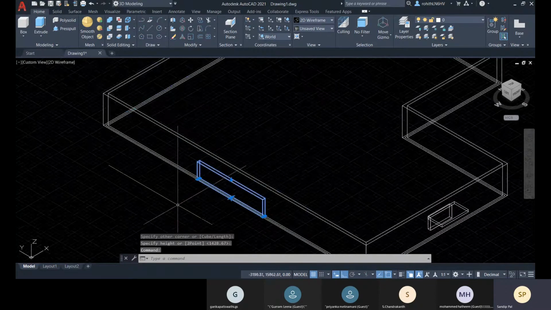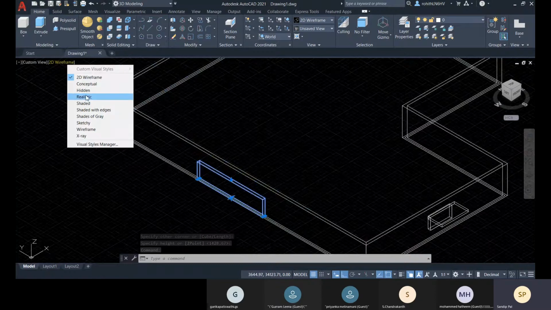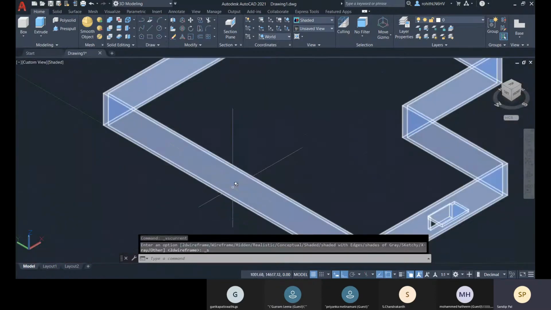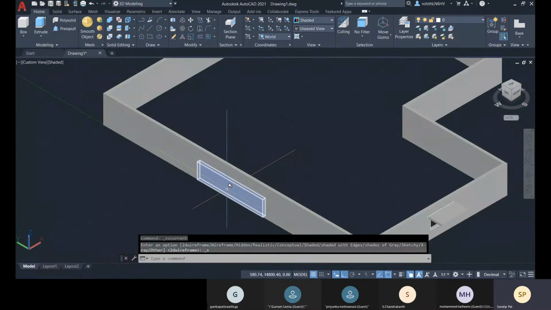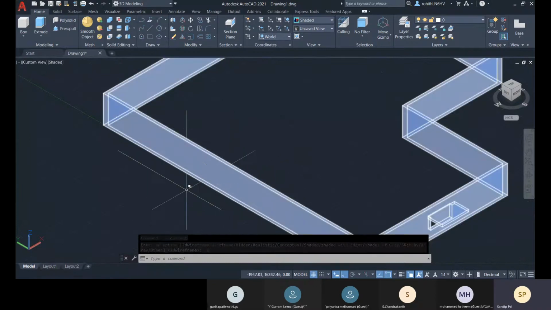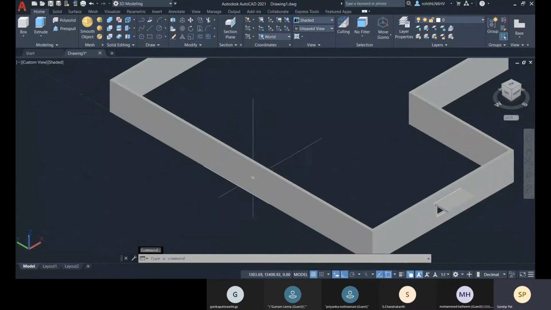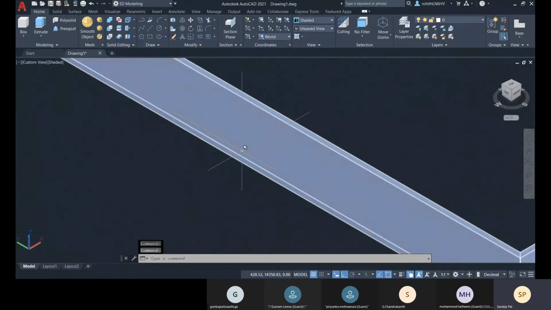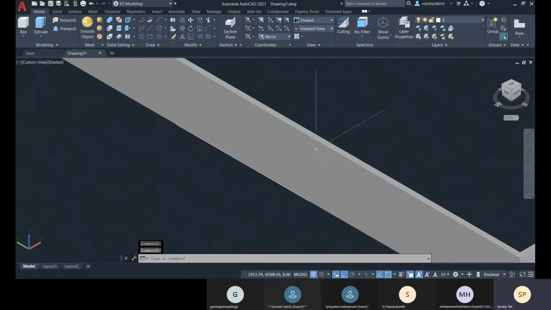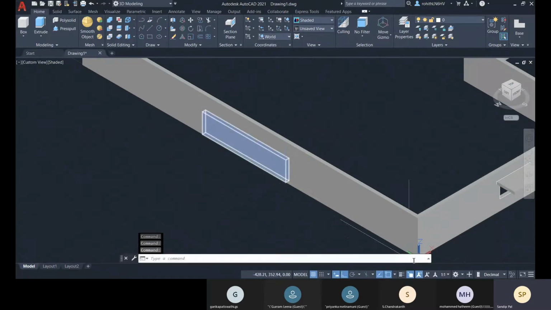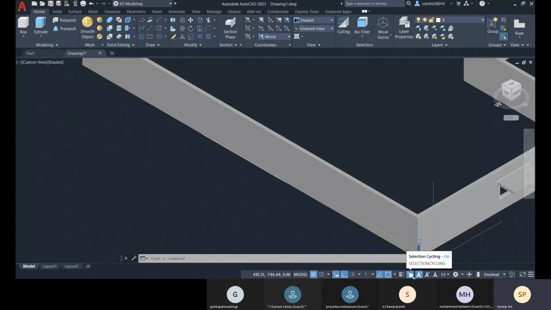So for that, what you should do is you come to this realistic or shaded, and there you can select also. So if you want to select overwritten objects in 3D visual style, you must turn on the selection cycling. So the selection cycling is on right now.